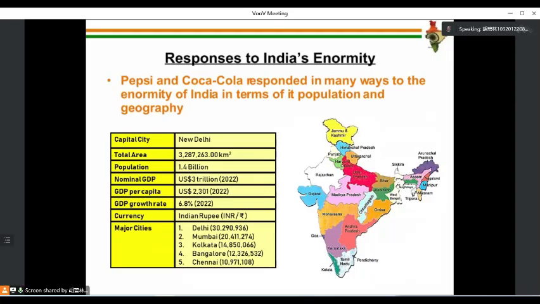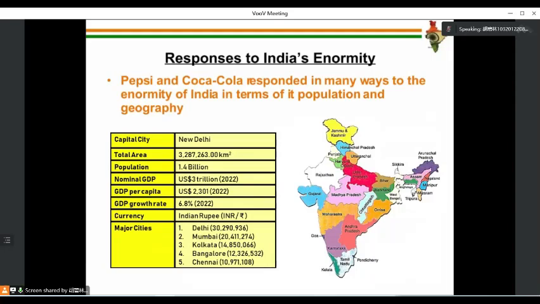So okay, and the good thing about their GDP growth is that they had 6.8% during 2022. This is quite similar to their economists' forecast. Okay, and they were able to recover very quickly during the post-pandemic. And their currency, okay, for you guys to know, is the Indian rupee, and they also have a lot of